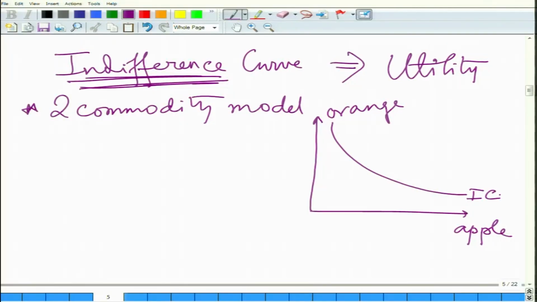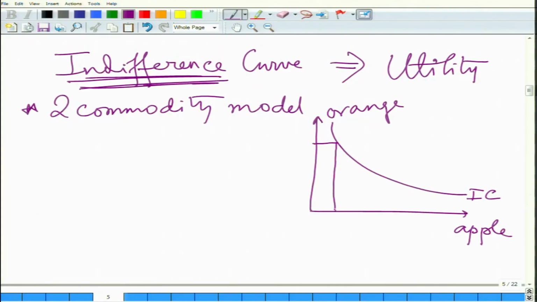This indifference curve, you can note it like that, indifference curve. So as I said, on all the points of this indifference curve, they will show you equally preferred bundles. That is no high preference, no low preference, the satisfaction level remains same. So all these points